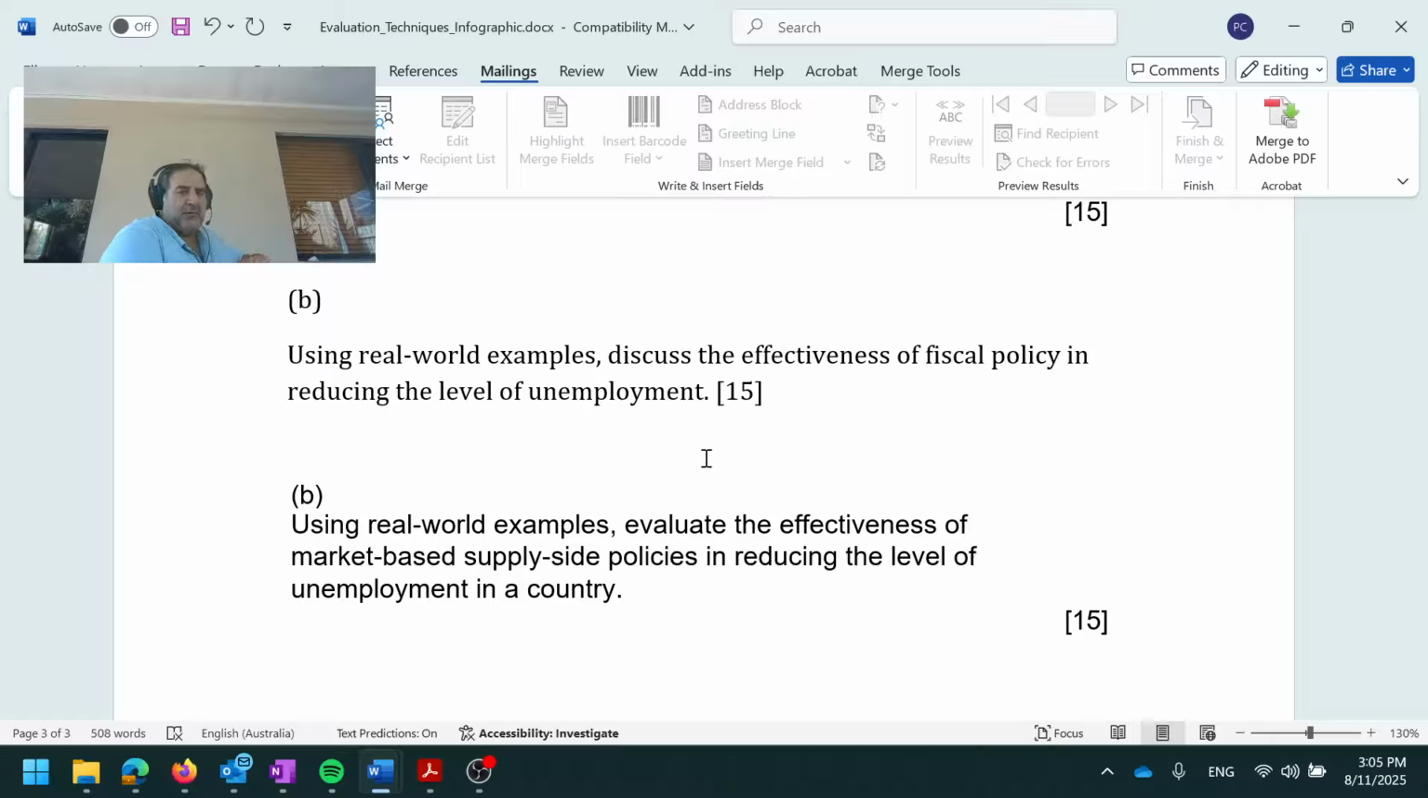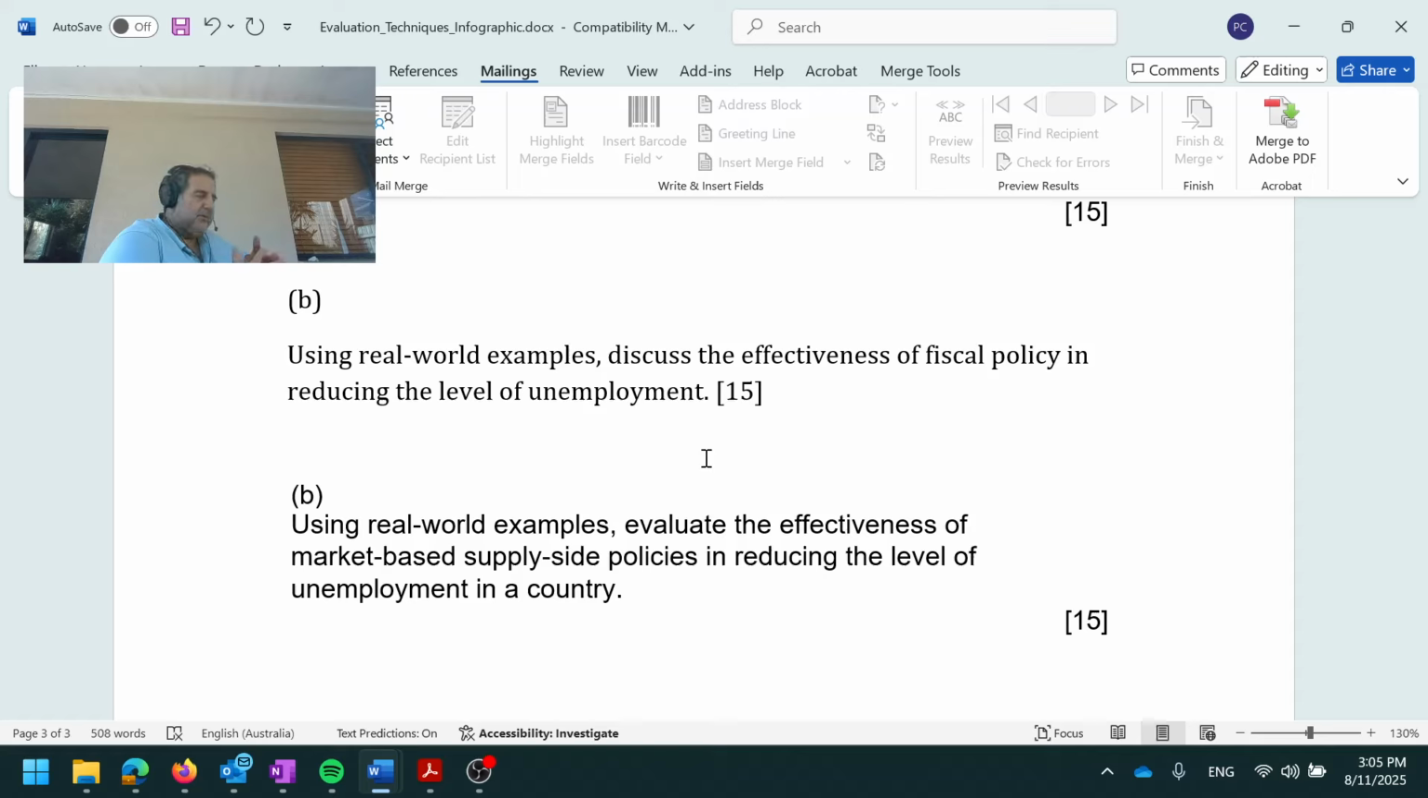Obviously, in the opening, you would refer to what fiscal policy is, and what unemployment is, just a general definition of unemployment. The first diagram would show a scenario where unemployment is an issue. I would probably use an AD-AS diagram, and then you would show the policy solution: how does fiscal policy